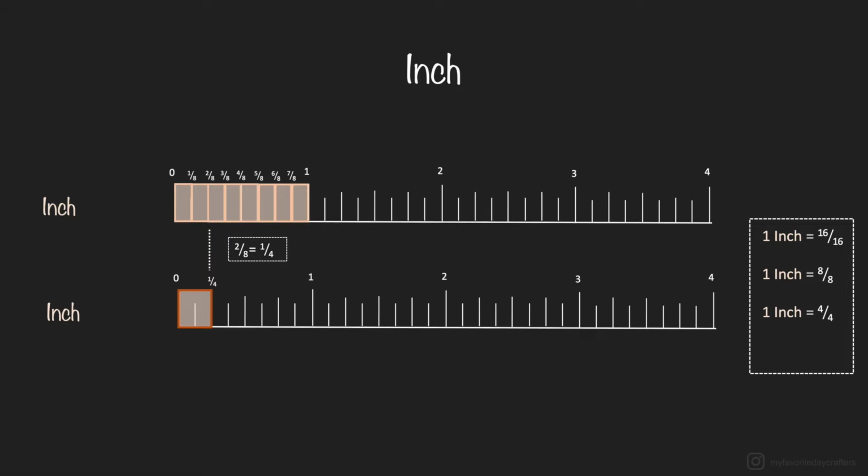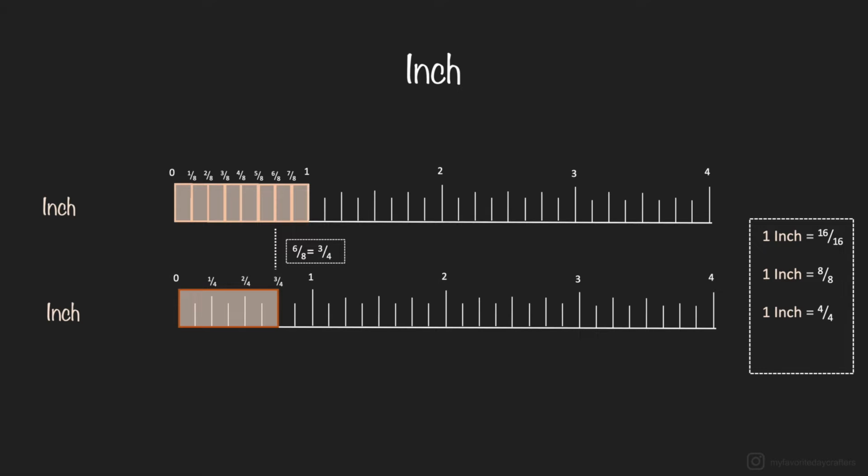And we wouldn't be able to do that for 1/8 of an inch, so we cannot divide 1/8 of an inch by 2. So we would always use 1/8 of an inch for the measurements, but then we would use 1/4 of an inch for the next measurement. And then for the next measurement, in our division of quarters, we have 2/4 of an inch. And again, 2/4 of an inch is the same as 4/8 of an inch. So we can divide 4/8 by 2. So we divide 4 by 2, and this leaves us with 2. And then for 8 divided by 2, we have the 4. So now we have 2/4 of an inch